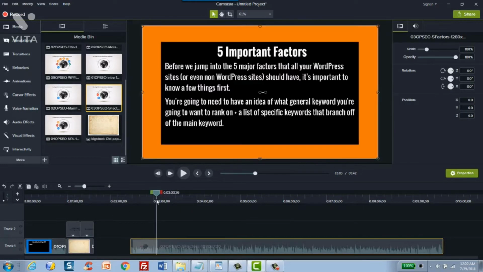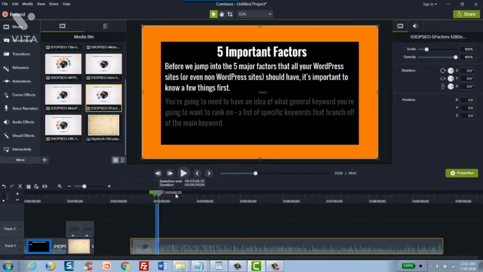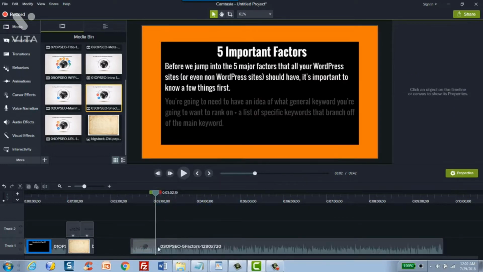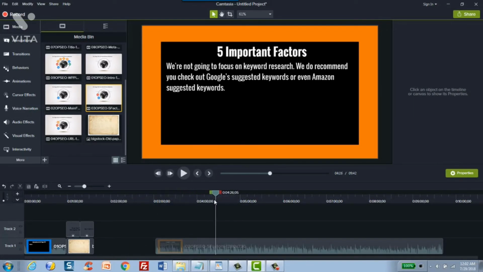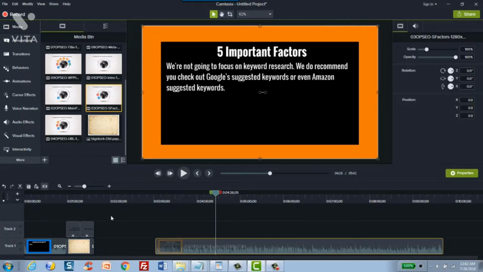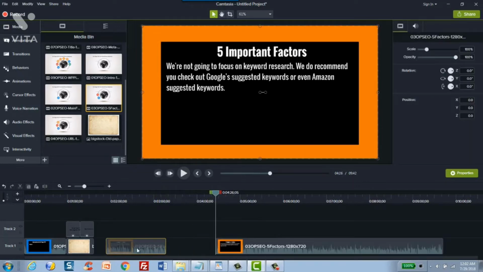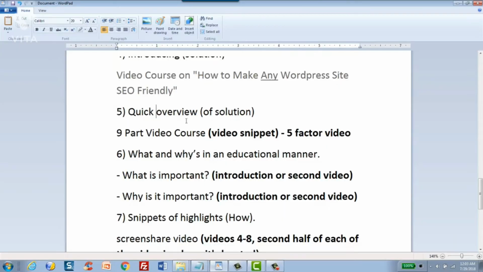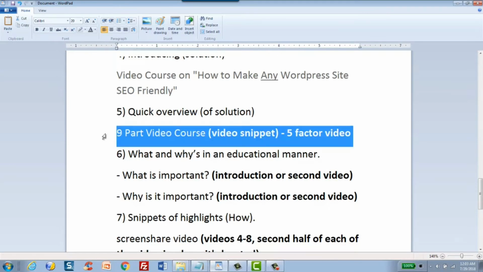So let's say, for example, that the snippet that we want starts from here and ends here. If that's the case, we want to put the marker here. We want to split it, and of course delete everything to the left of it. And let's say that it ends right here. We'll split, and then we'll move that right here. All right. And then we move on to the next item, which is the